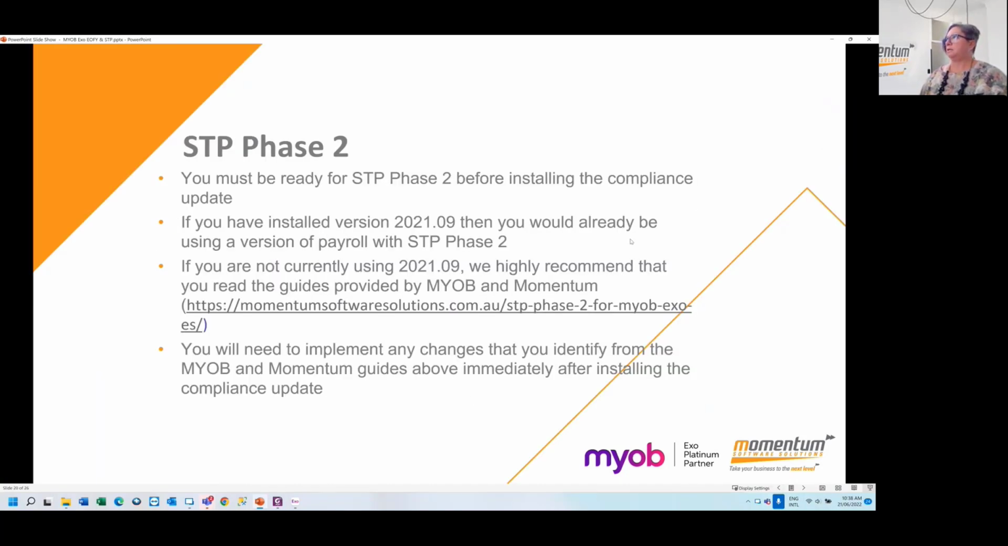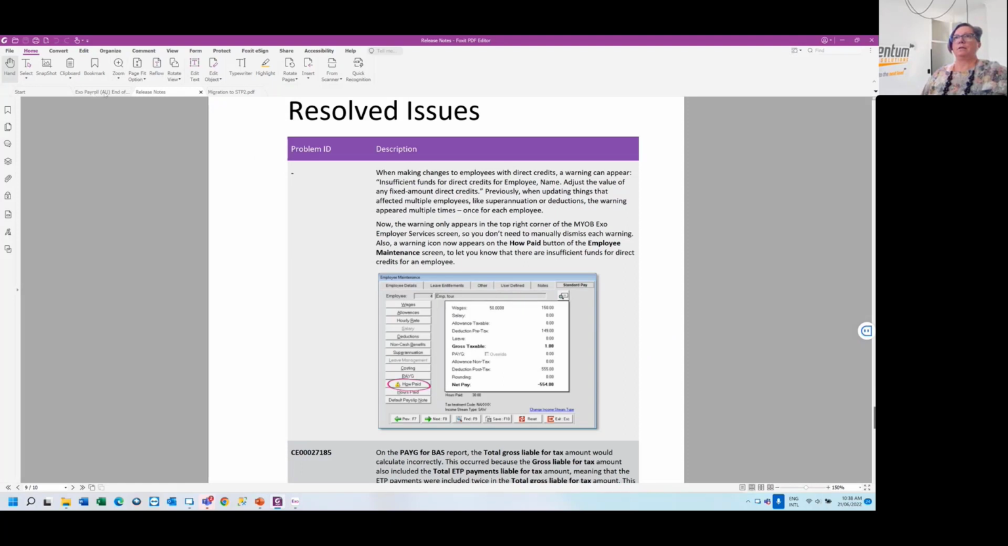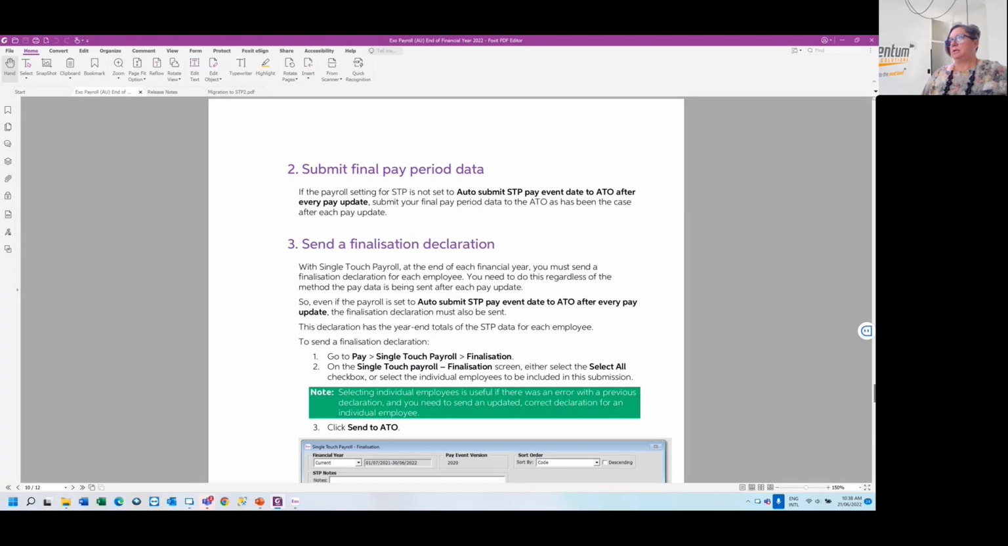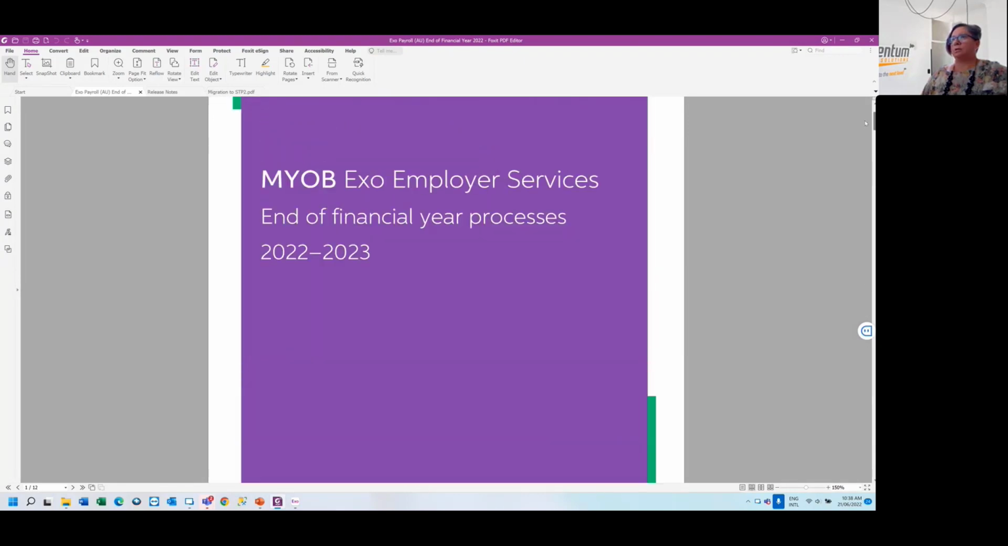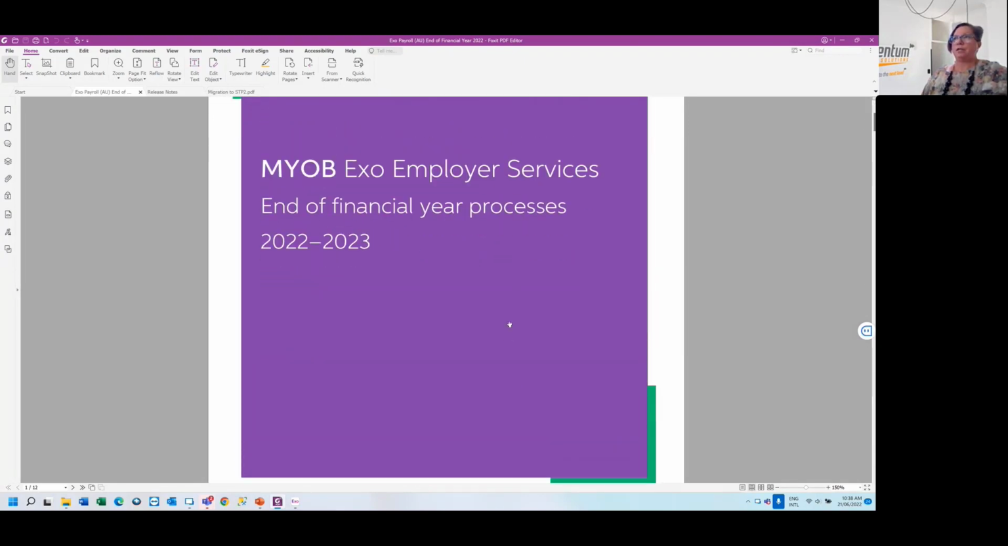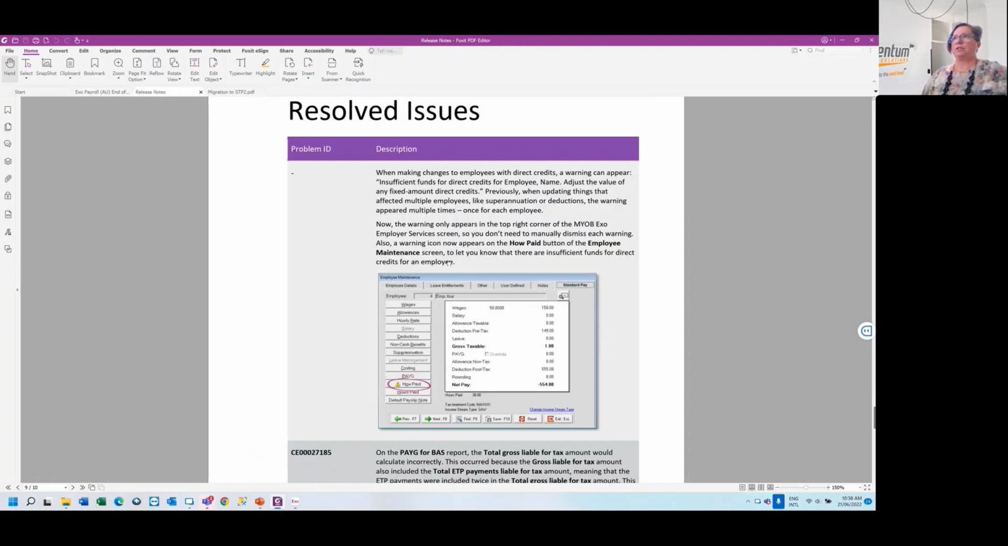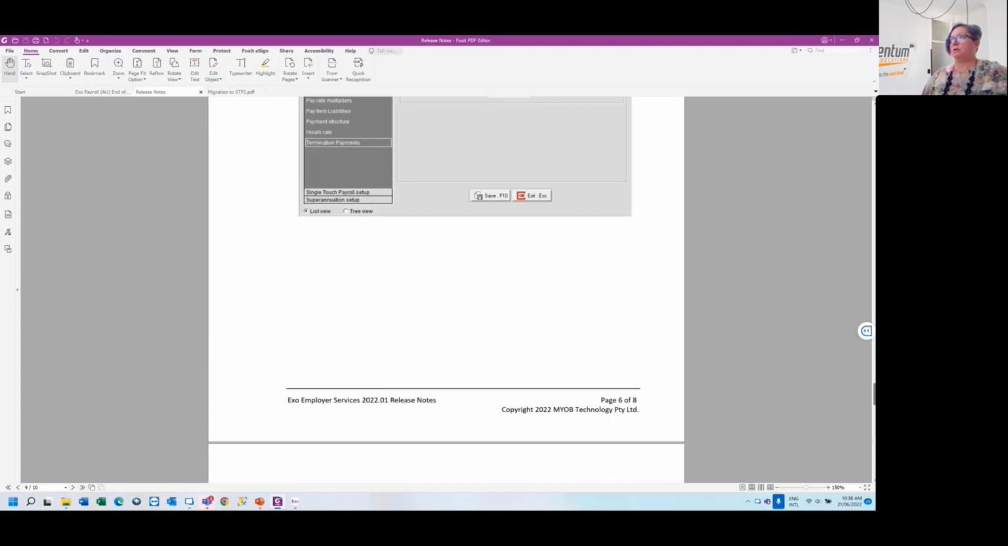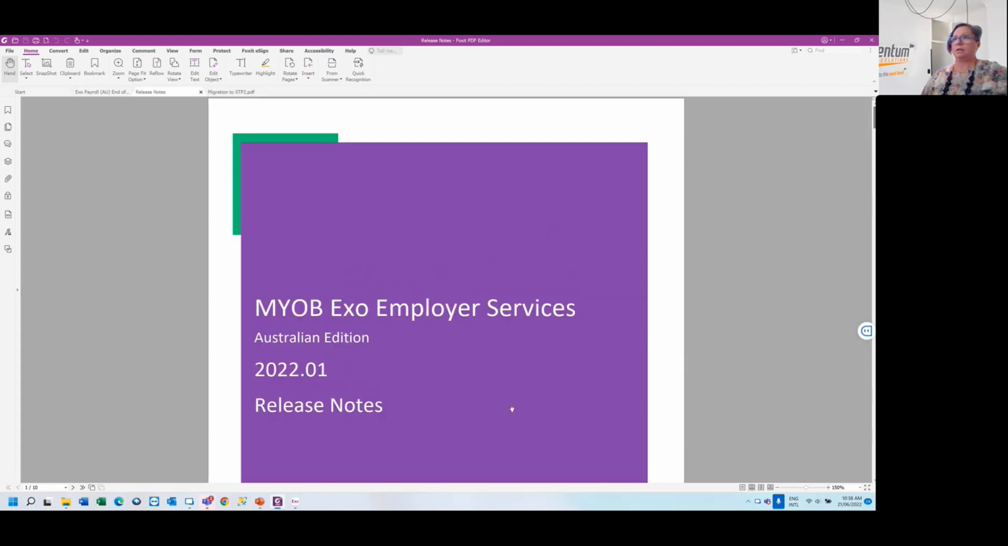All right, so now I'll come back to my PDFs. So what we have looked at was the document here, which was the end of financial year notes brought out by MYOB, the release notes for the most recent version of Exo Payroll, and the third document, which you should have already received links to,